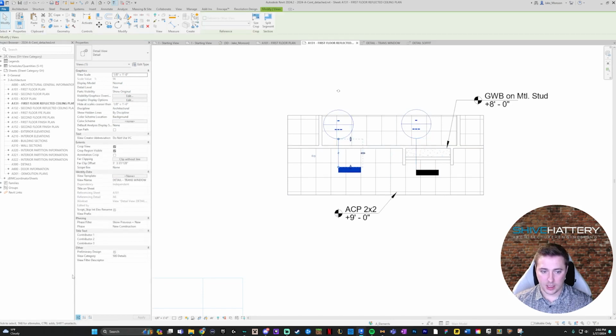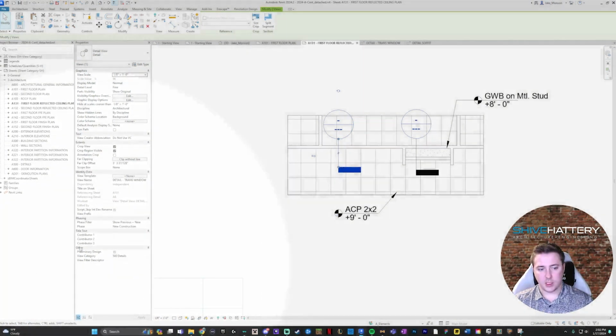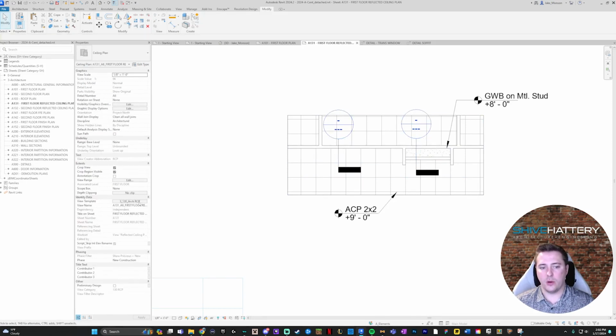So once you select the section, you can see down here in the bottom of our properties under the other, there's the view filter descriptor, and on this one I'm going to say floor plan, and on this other guy I'm going to type in ceiling or RCP. That's even easier. Let's go RCP. Then they don't even have the word plan together. So I've named both of these RCP and then floor plan, and what I'm going to do now is create